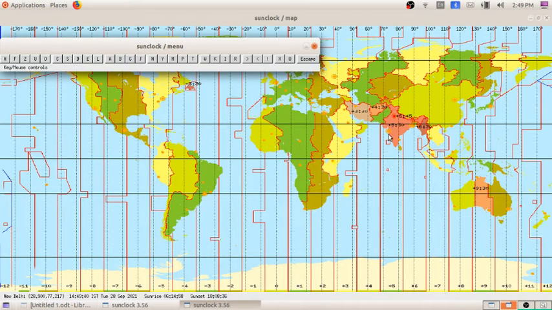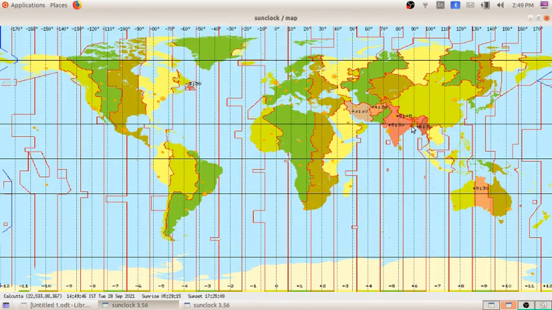In the same way, I am moving to another state. Here, Calcutta. In Calcutta, now the time is 2:49, and sunrise is at 5:29 and sunset is 17:25.